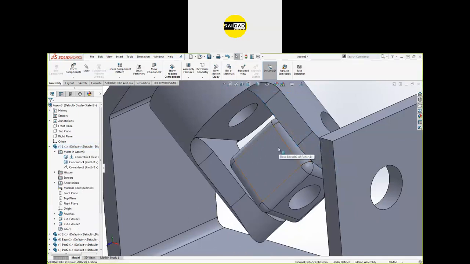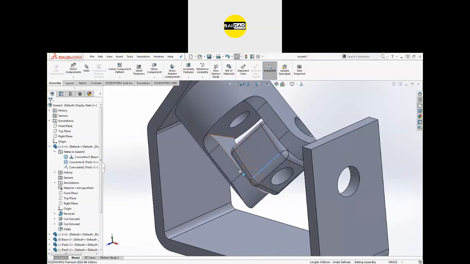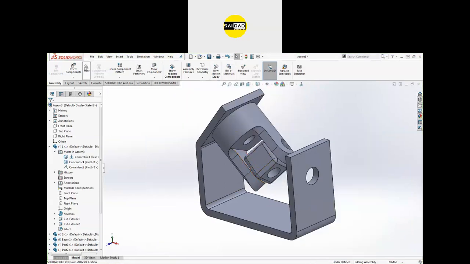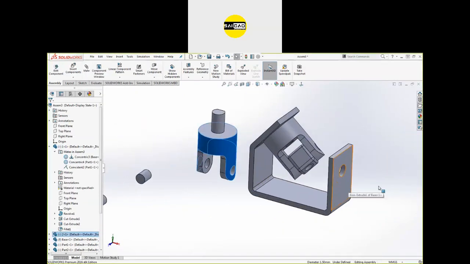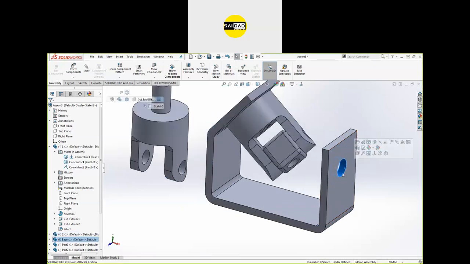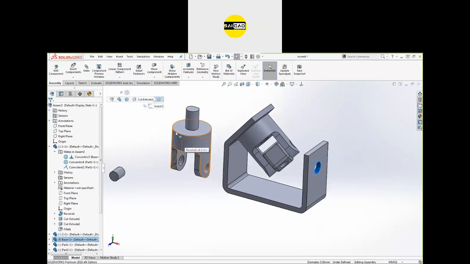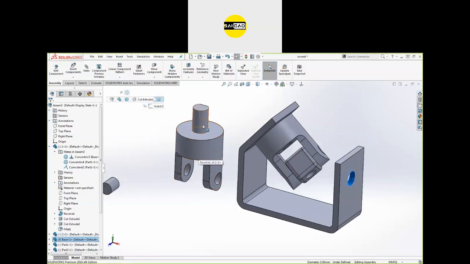We can directly add the constraint from here, or you can select the part and go to the mate also. You can apply the constraint from up there also. The next part is this one. I need this part to be here. So you can select this one also or this one also, because both the cylindrical faces have the same center. So I'm going to select this one and this one while pressing the control. Go to the mate like that.